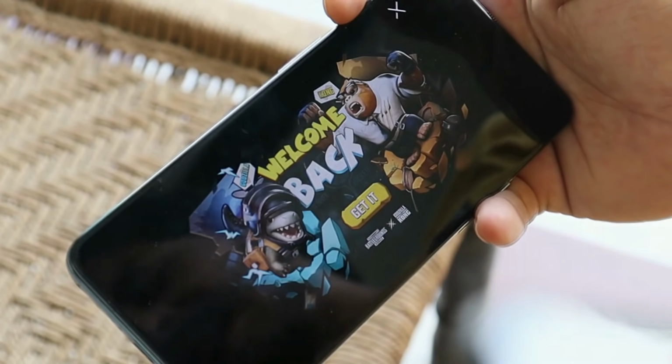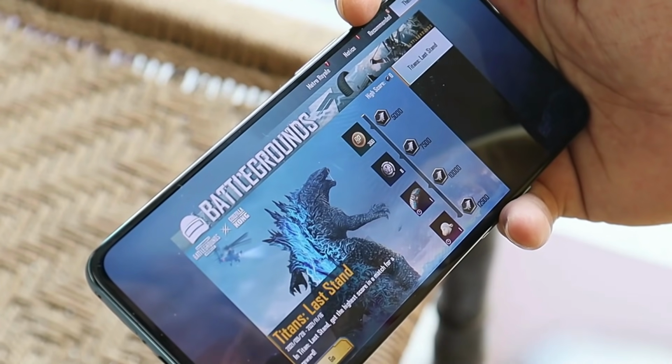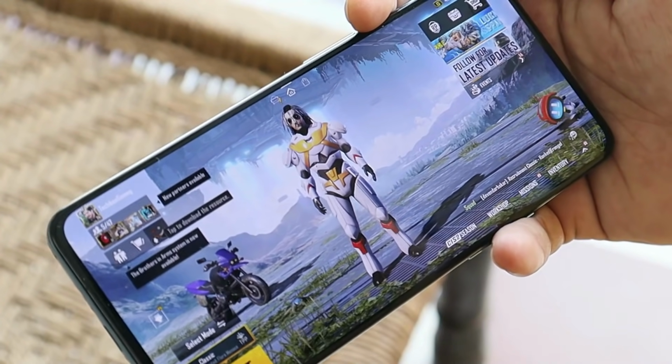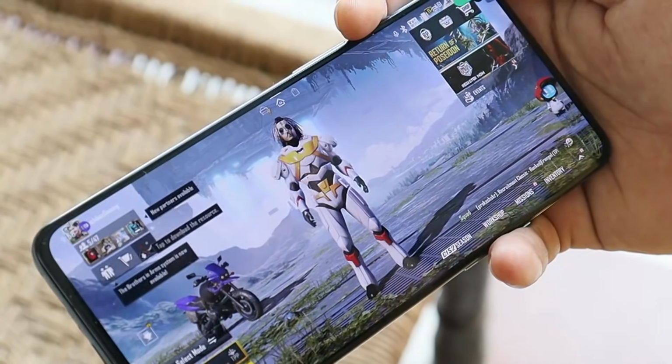For games, OnePlus says they have also optimized the frame rate performance under heavy use scenes. So I have been playing Battlegrounds Mobile India on my OnePlus 9 with this Android 12 DP2. Basically, I haven't noticed any kind of major frame drops. Performance seems to be really good. I'll be doing a dedicated gaming test video on this particular build, so stay tuned for that.